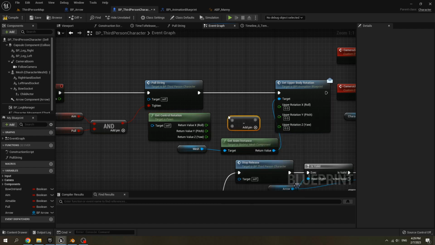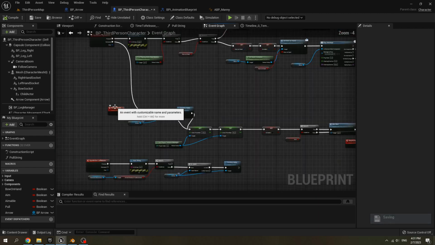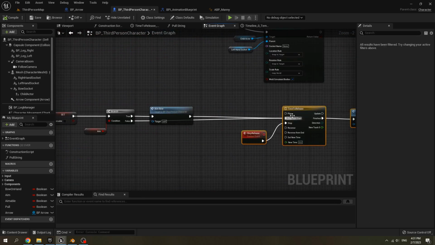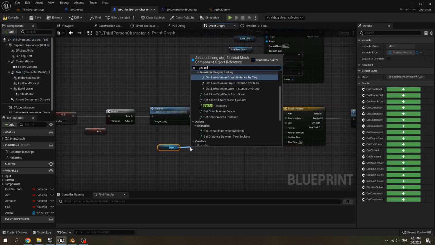Then call Subtract. Connect Pitch to the Subtract node. Set W to 360 to subtract the pitch. Connect this value to upper rotation row. Go to Release Right Event, and before the Timeline release, we get Mesh, get Anim Instance,